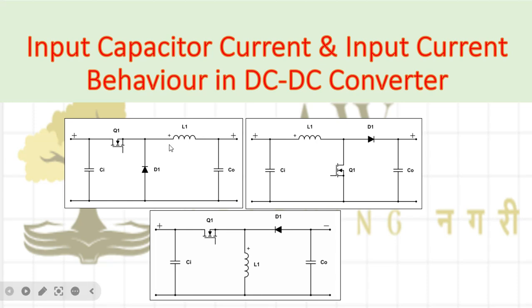You may have another question: sir, we have not seen the input capacitor in our circuit. We directly have the DC source or DC supply available when we analyze any circuit. That is correct. But when you implement any circuit practically, you need to put the input capacitor, because you cannot directly supply DC, as it may have noise, so we need to filter it out. That is the reason we always use the input capacitor at the front.